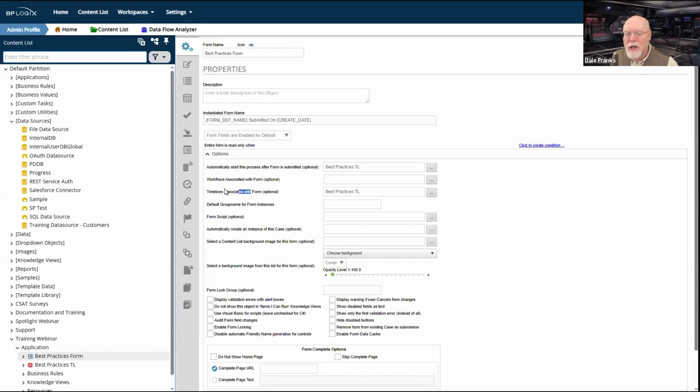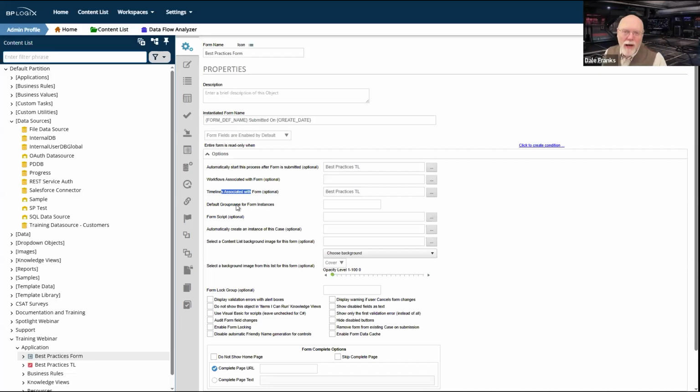What this association property does, anytime you see associated with, basically says we're going to use this as the default timeline for this form. So anytime, anywhere on this form that I create a condition and I want to evaluate any timeline related variable, then it's always going to use the timeline that is associated with form.